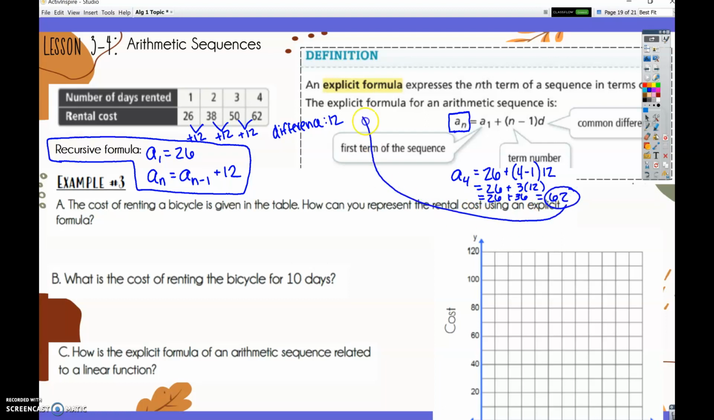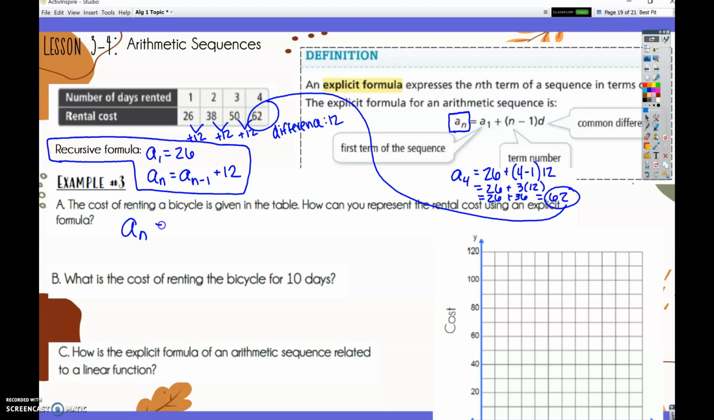Here I can see that really is the amount of money it would cost to rent for 4 days. This explicit formula allows someone to just plug in n, the number of days they want to rent the bike, and find the exact amount, which is much more helpful than that recursive formula. So, if we were going to make an explicit formula in general for our bike riding, we would say